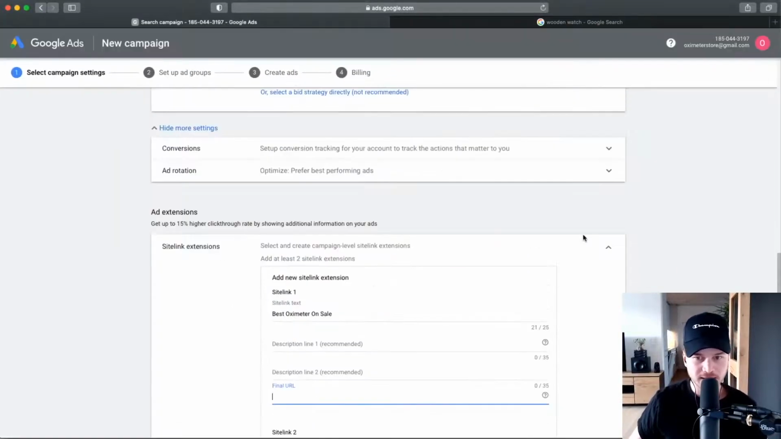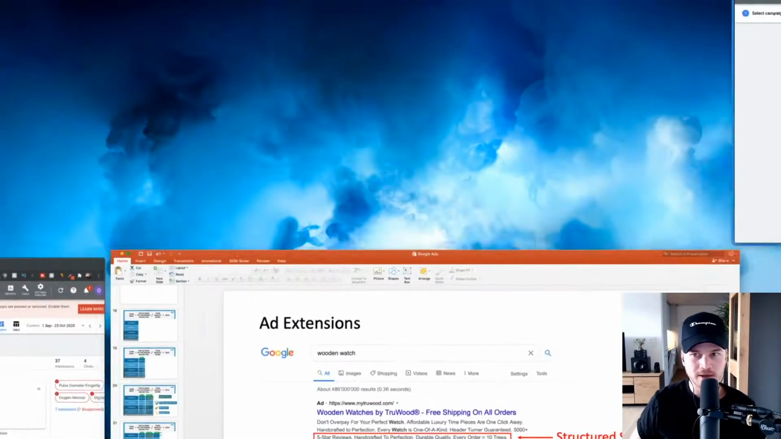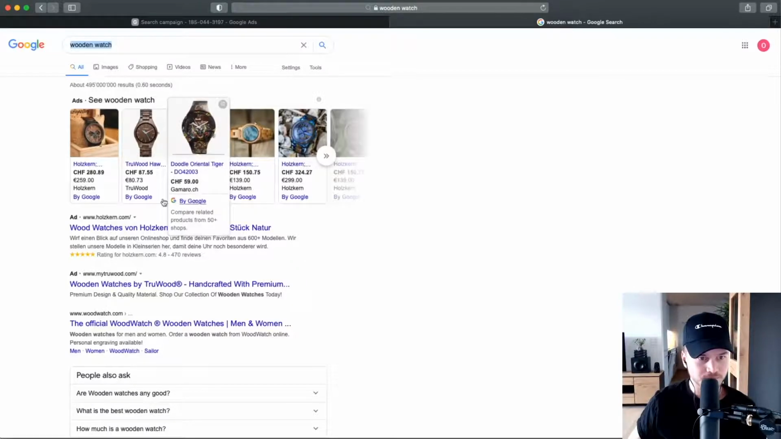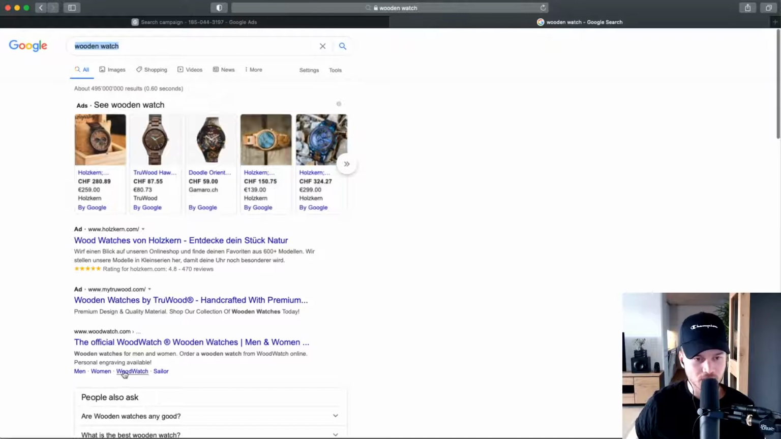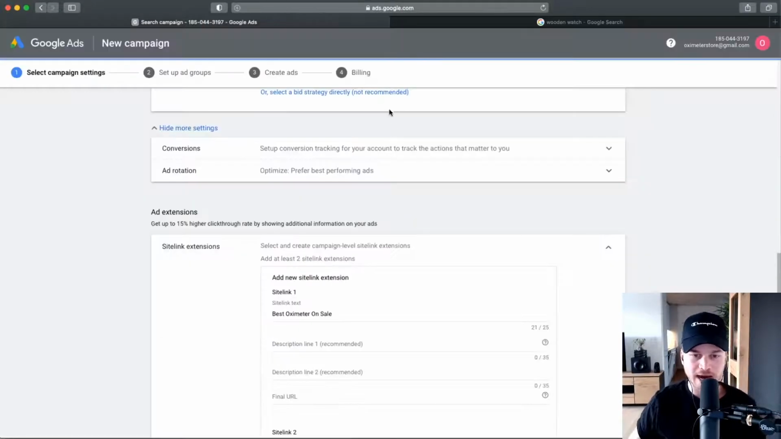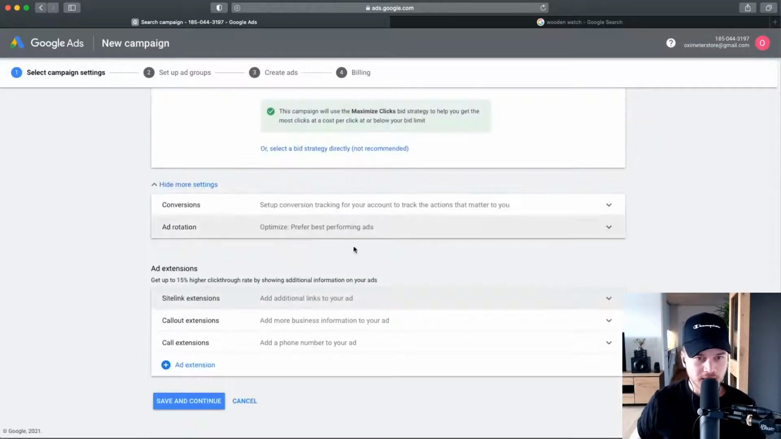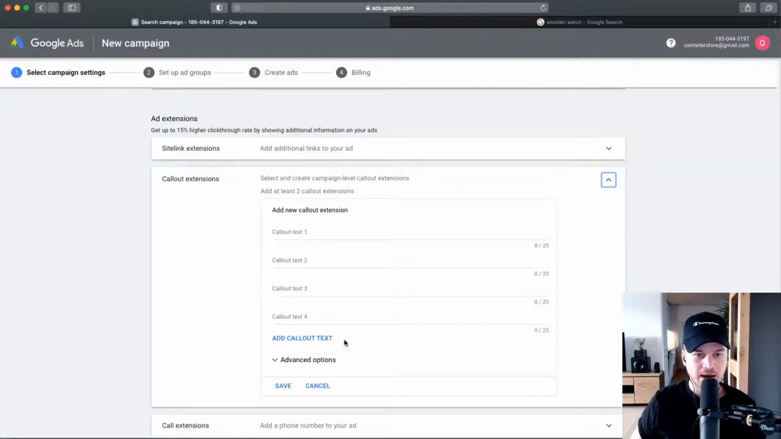So these are site link extensions, which again are these ones right here. Sometimes they're not as prominent. Sometimes they look like this right here. So it's very small, but still it makes your ad larger, which gets you a higher click-through rate. Okay, then callout extensions, you can also add a couple of these. Now I would add maybe 4 to 8 different site link extensions, then like 10 callout extensions, like